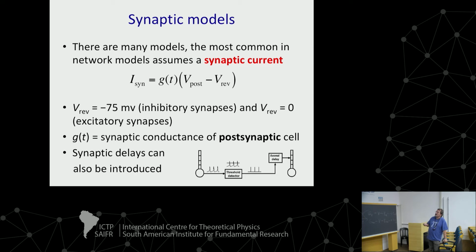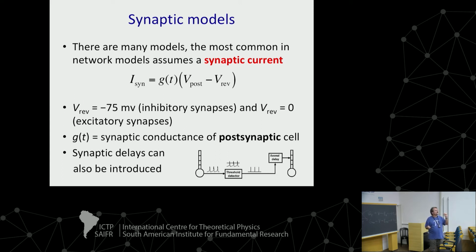This means you have a synaptic current given by a synaptic conductance times the difference between the membrane potential of the postsynaptic cell and the equilibrium value of the voltage for that channel,